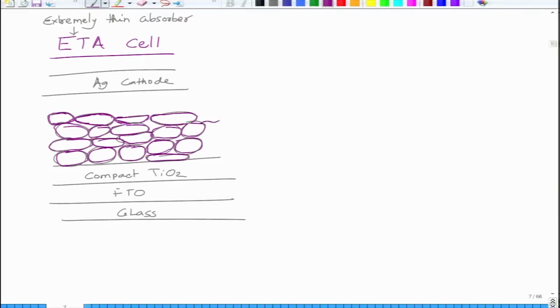Okay. So, this is now ETA, extremely thin absorber layer. These particles are again TiO2 and this is HTM as we used earlier, and this thickness is about 1 to 2 micron. Okay. So, the only difference with the previous design is that instead of using a dye, we are using an absorber material. Okay. And this gave rise to what we now call the perovskite solar cell, where we have a